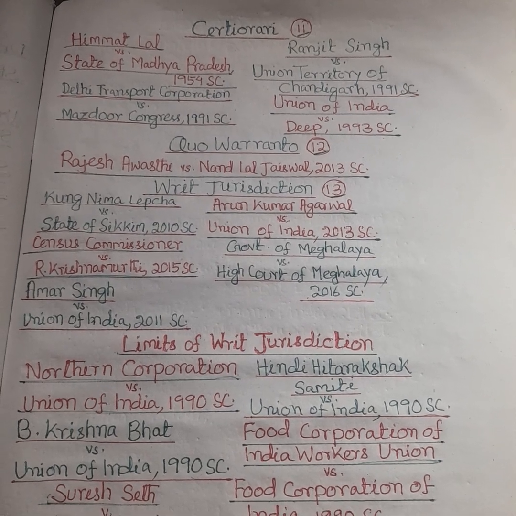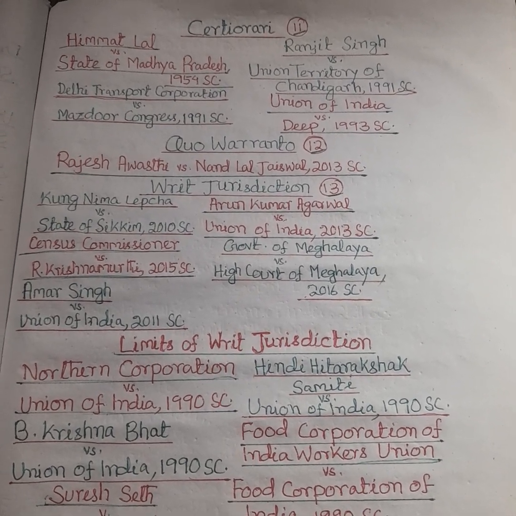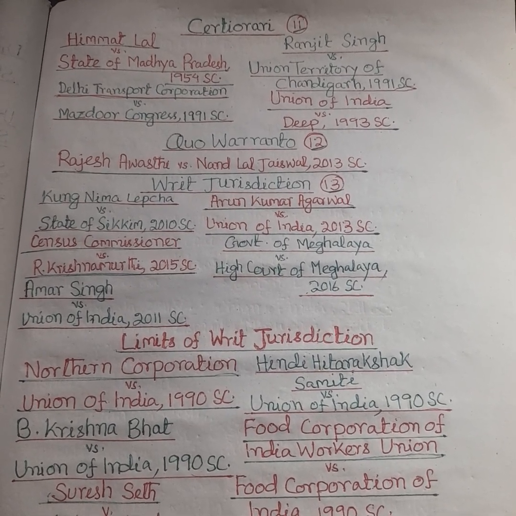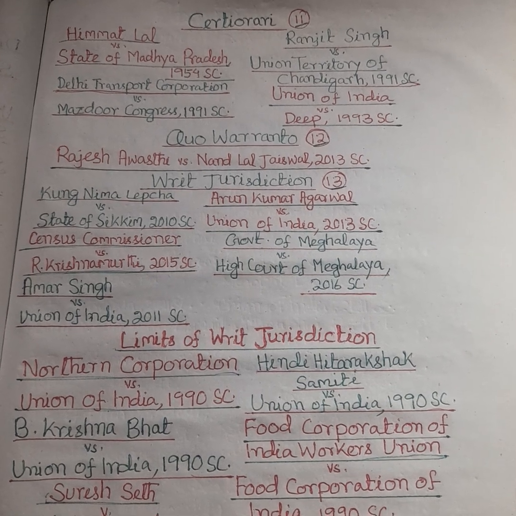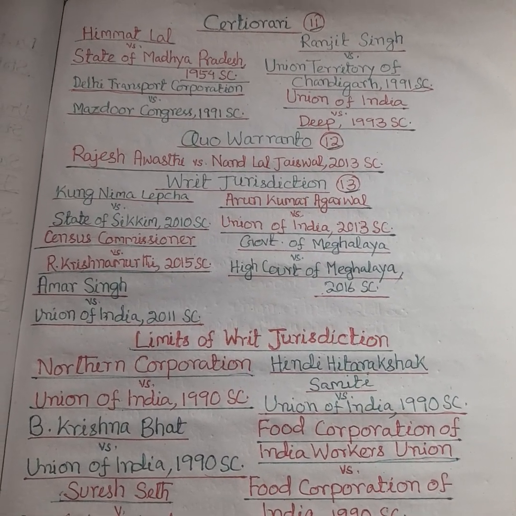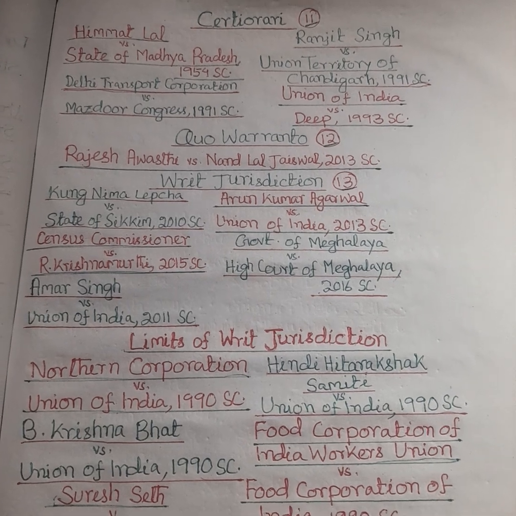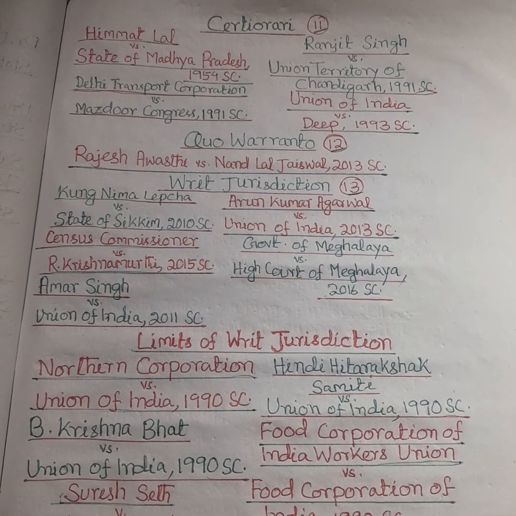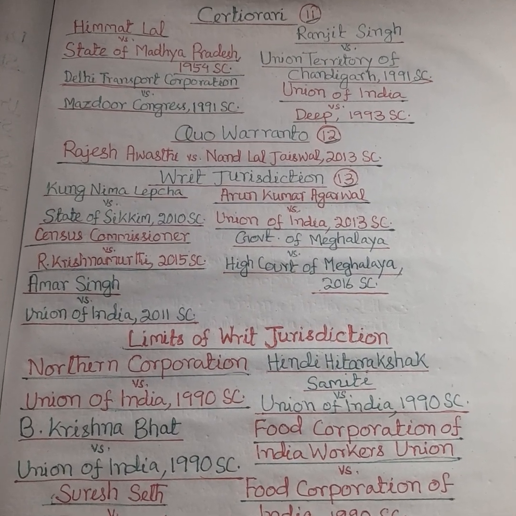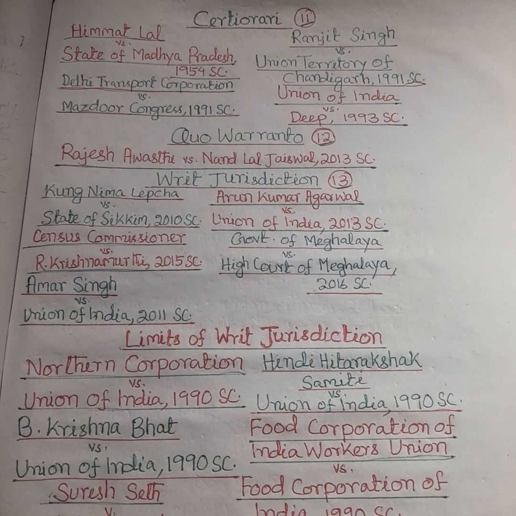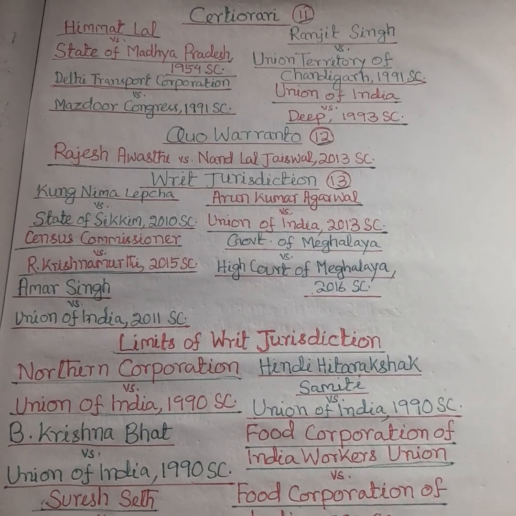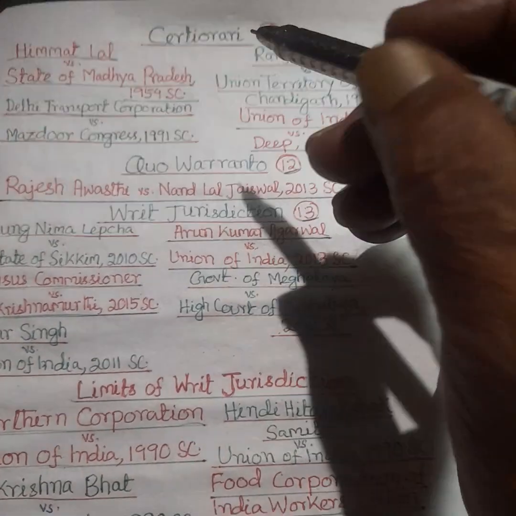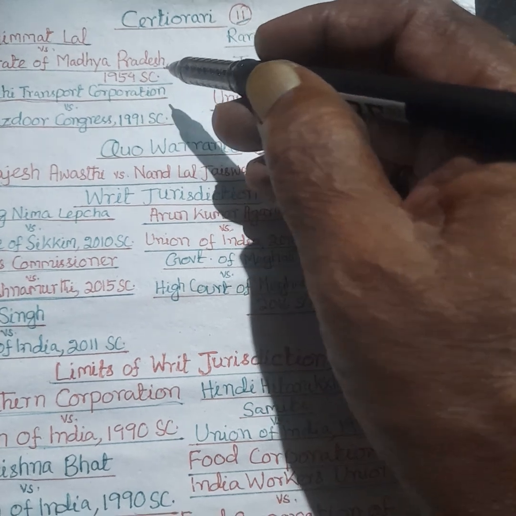So, regarding judicial review or constitutional remedies available under Article 32, we have already discussed 10 different selected heads while explaining the interpretation and pronouncements of the apex court. Now we'll go to the third writ, that is certiorari. Regarding certiorari, we'll discuss the first important leading case, that is Himmat Lal versus State of Madhya Pradesh, which